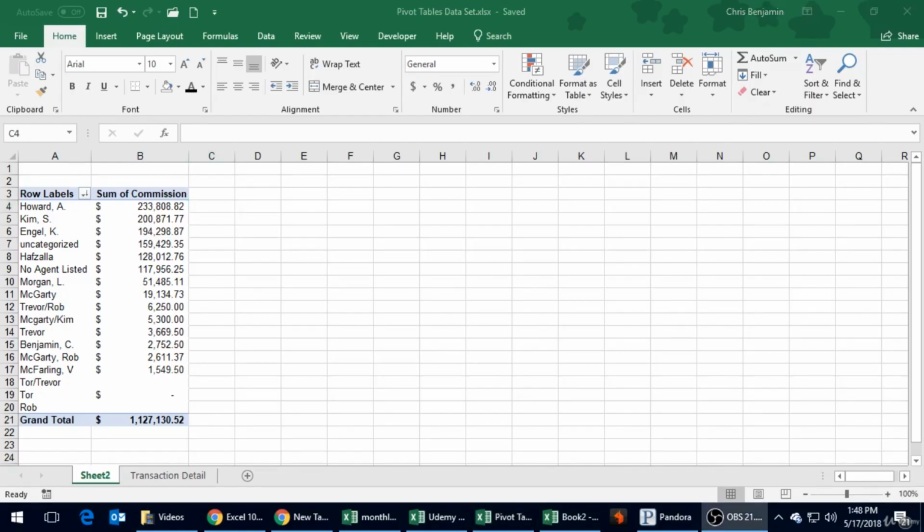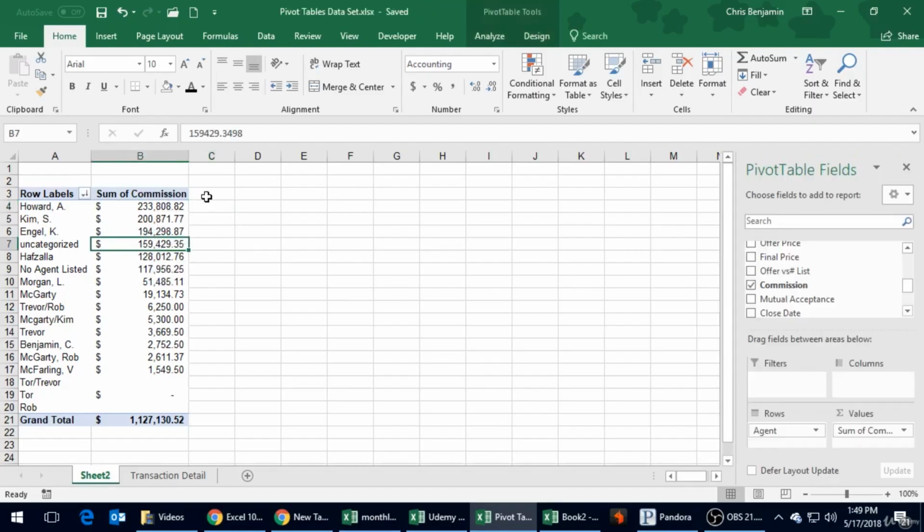All right, guys, so what would also be useful, I'm thinking, if I was looking at this data, I want to see kind of the total contribution. Like I know the 1.1 is the total. Obviously, Howard here, or these are last names, obviously, was 233. That's about 25%, but I really want to see the actual stats, like how much did each person contribute to the total, and this will be something new. So